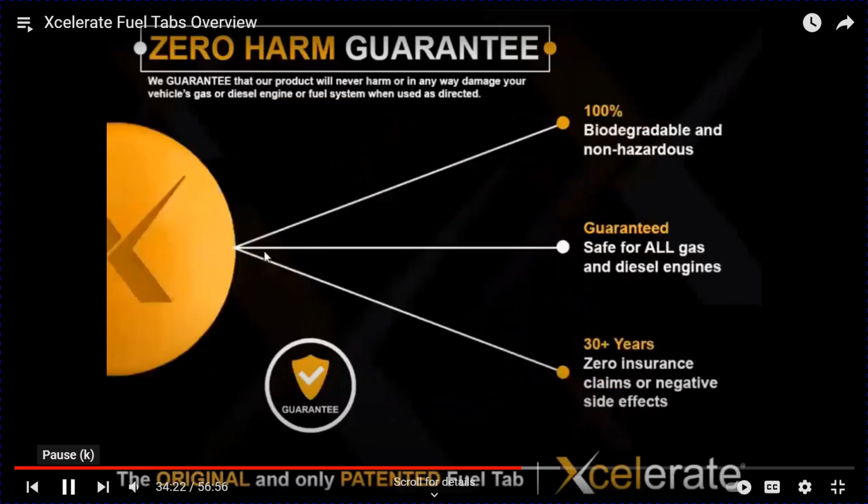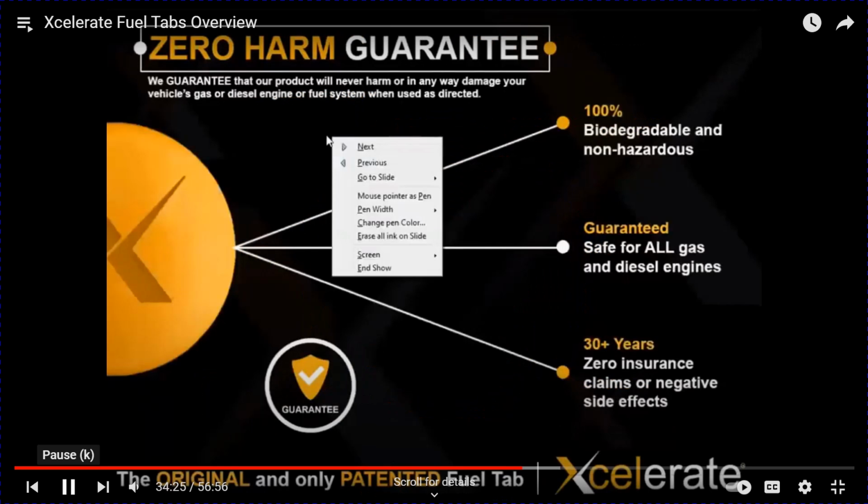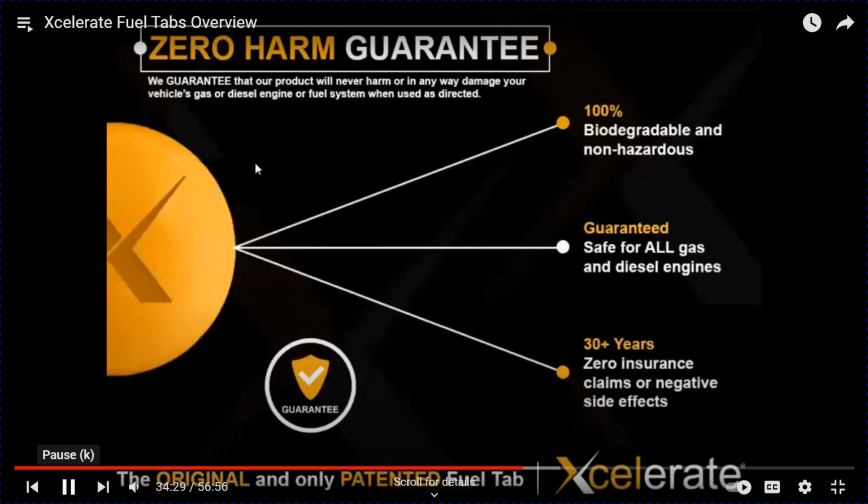So we have a zero harm guarantee here. We guarantee that no harm is going to come to your engine by using our product. If you use it as directed, you will never have any issues, no negative side effects. We have insurance that covers worldwide problems. We've never had any type of claims. There's never been any negative side effects that anyone's ever claimed from using the product. Everything has always been positive, and we've had some amazing results. But this is our claim: we will have a 100% no harm guarantee on the product. It is safe for all gas, all diesel engines, all hydrocarbon engines, whether it's a moped or a